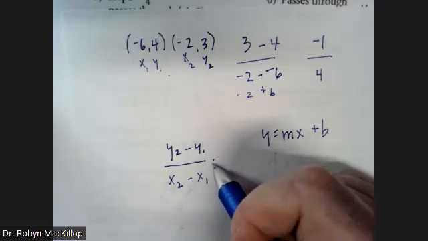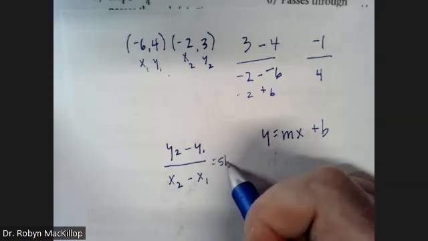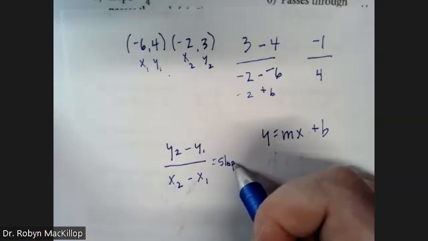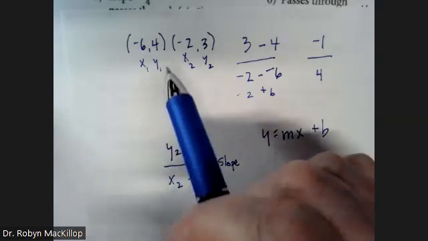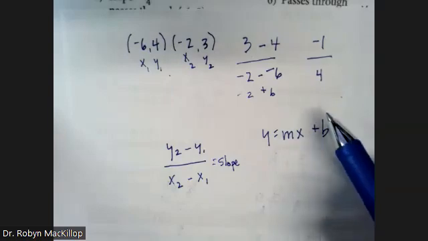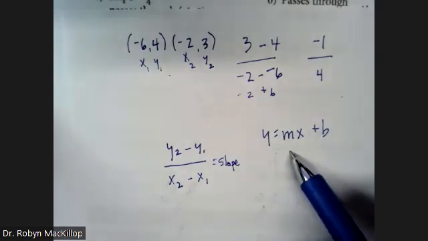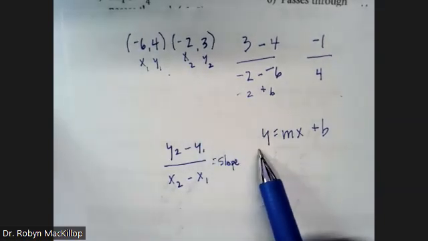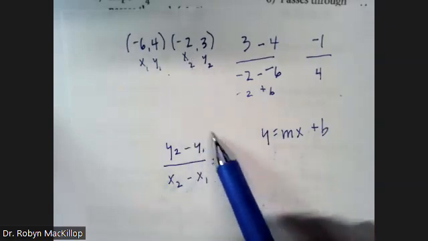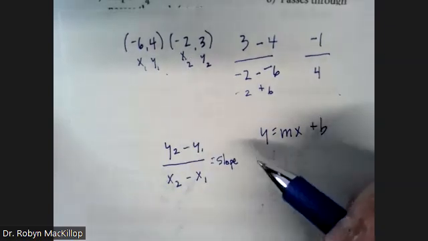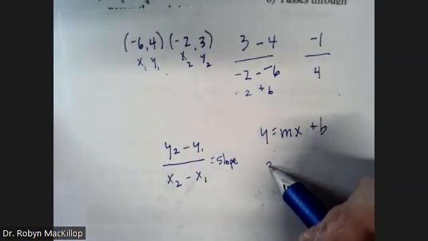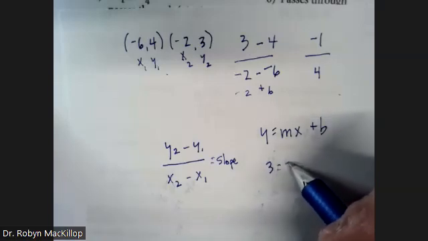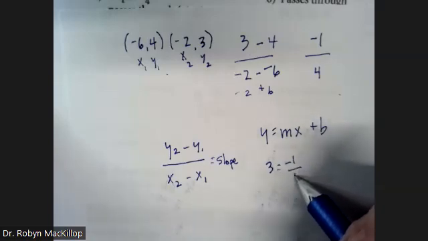This will get you the slope. And then if they said, you know, find the slope, you did that. They could even say, now turn it into slope intercept form. Well, you've got it. You choose one. Let's say we're going to go with -2, 3. It would end up being, if you filled this out, 3 equals -1 over 4, that's your slope,